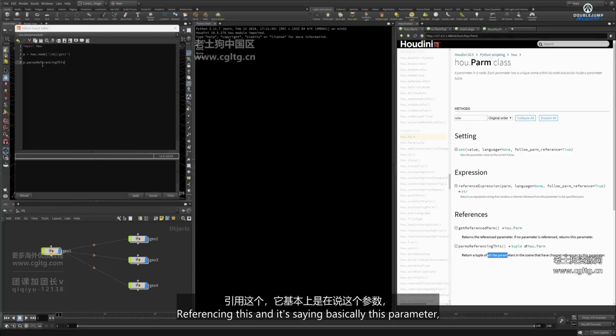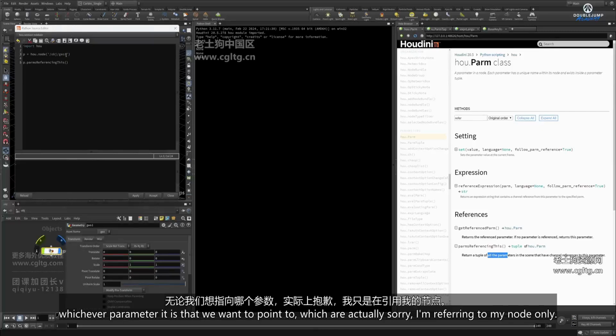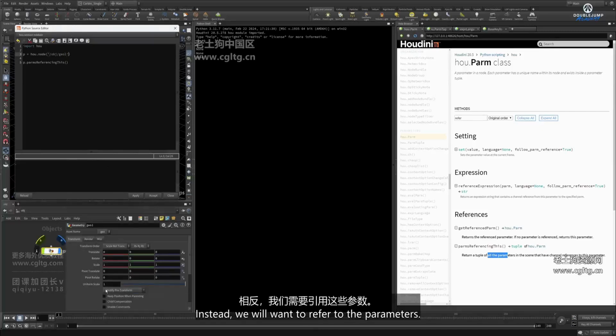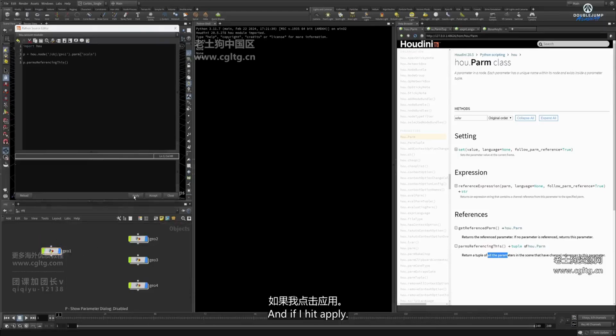It's saying basically this parameter, whichever parameter it is that we want to point to. Actually, sorry, I'm referring to my node only. Instead we would want to refer to the parameter, so I'll add a .parm, and then scale is the parameter that I'm referring to, and if I hit apply, oh well, I would have to print that. Don't forget that it's just giving that value. I actually need to print the value. It's going to give me 3 different